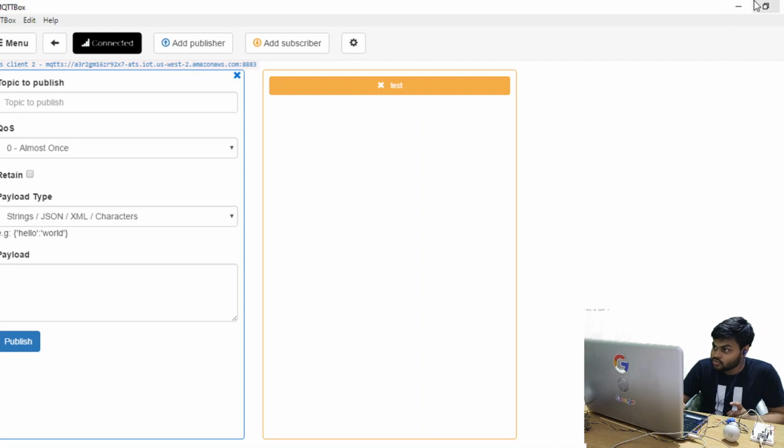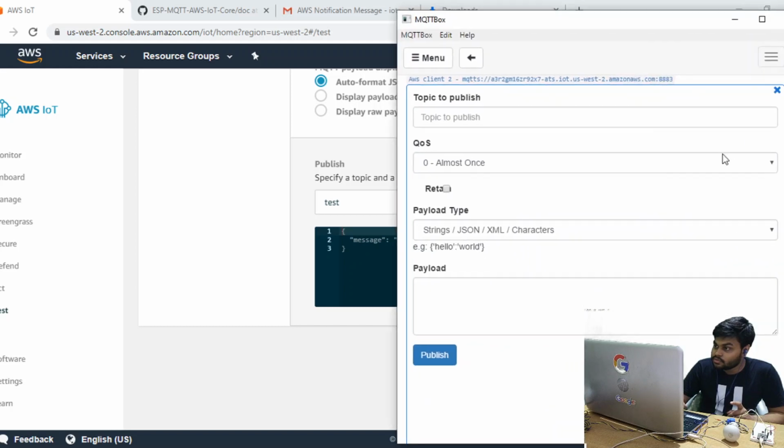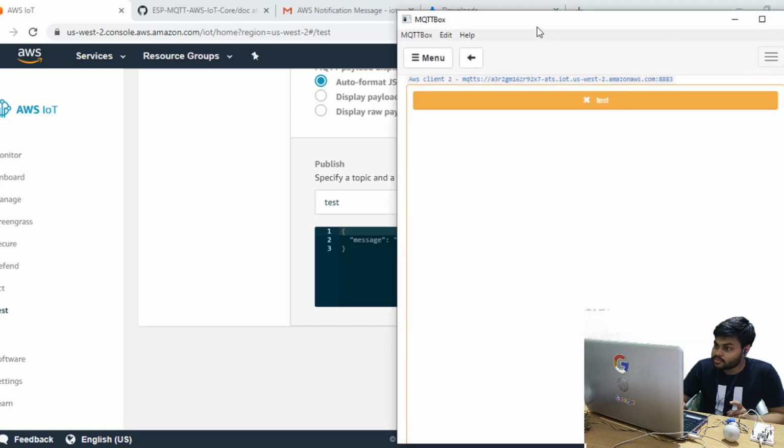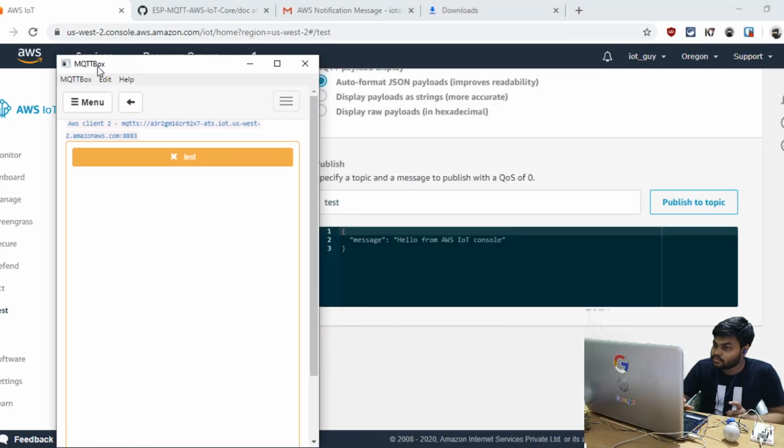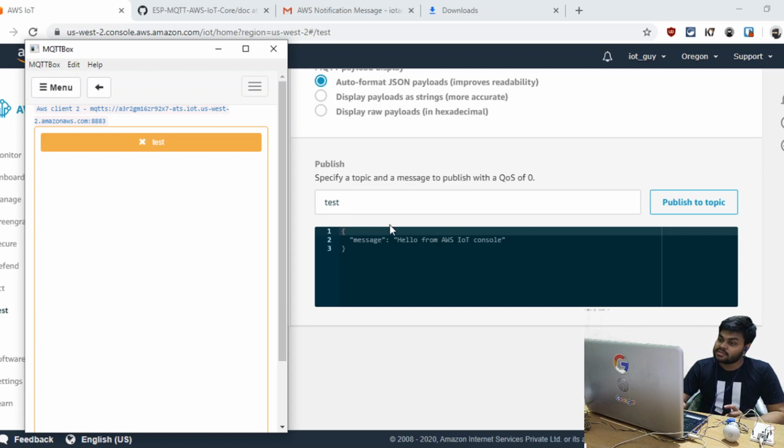Let's check this in real time. We are subscribed here. If I send this message, which is in JSON format, you may be thinking, why are we sending data in JSON format, what is the use case? We have a great use case. We have a concept of IoT SQL in AWS IoT Core, which I will demonstrate to you all as well. So publish it.